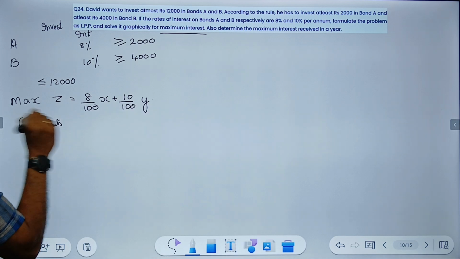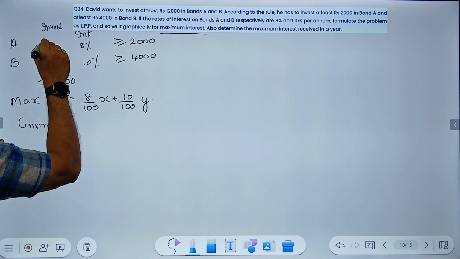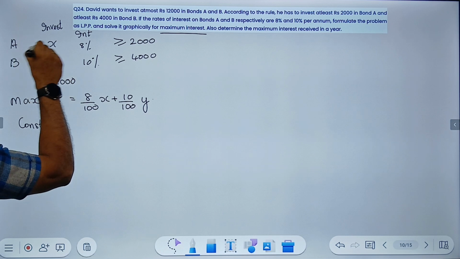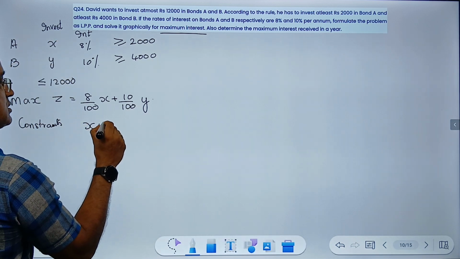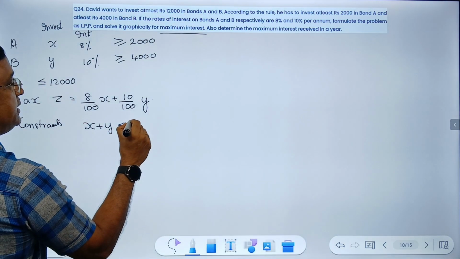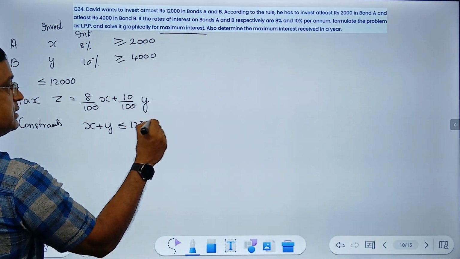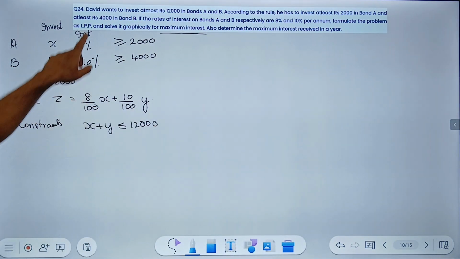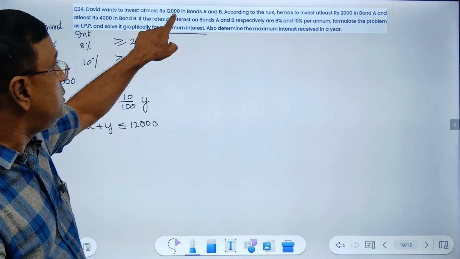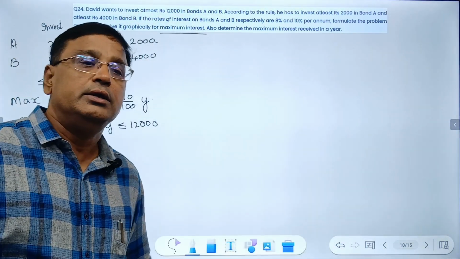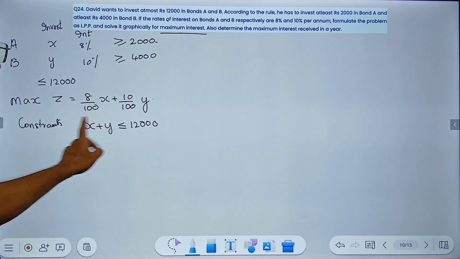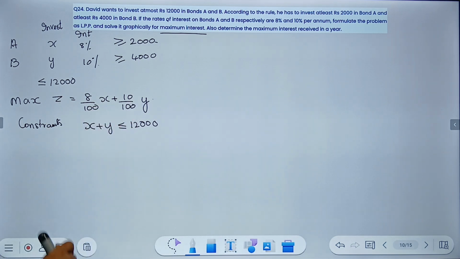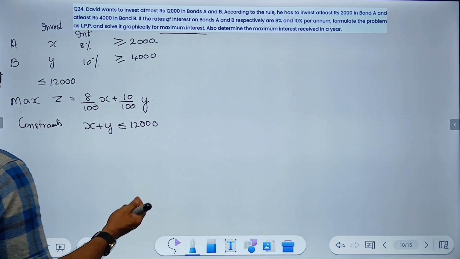The first constraint is you invested X on bond A, Y on bond B. So the total investment cannot exceed 12,000. That is what the question is saying. David wants to invest 12,000 in bond A and bond B. That means bond A and bond B together cannot exceed 12,000. That's the first condition. The next one is,